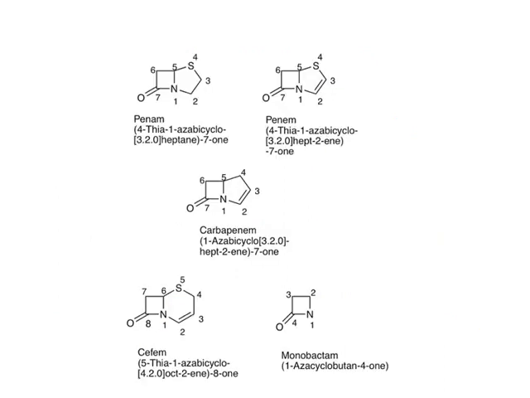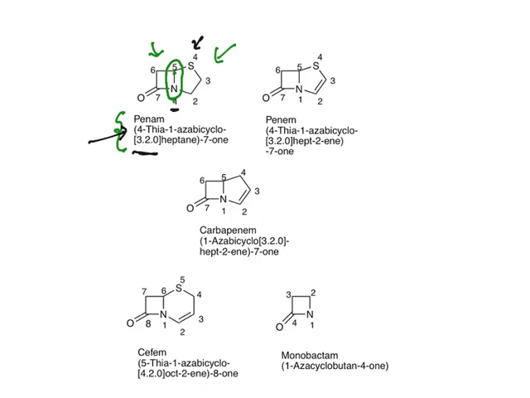While coming to the nomenclature, understand this nomenclature. All of them are known as bicycles. Bicycle means two rings. This is one cycle. This is another cycle. Now, the bicycles are bridged with these two atoms. They are known as bridge atoms, nitrogen and a carbon. Now, when you see the numbering, 4-thia, at the fourth position you have sulfur. 1-aza, at the first position nitrogen is there. Bicyclo, two rings are there.